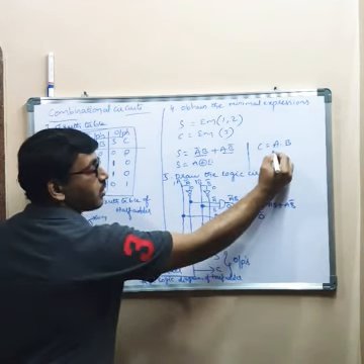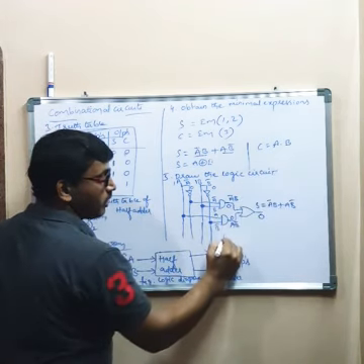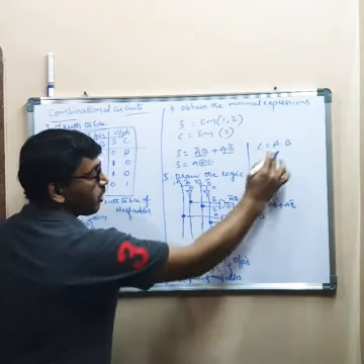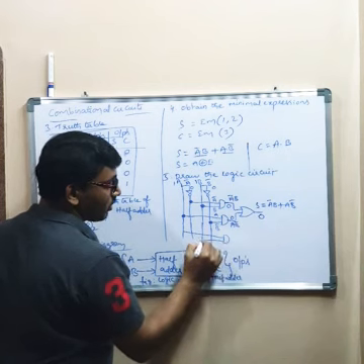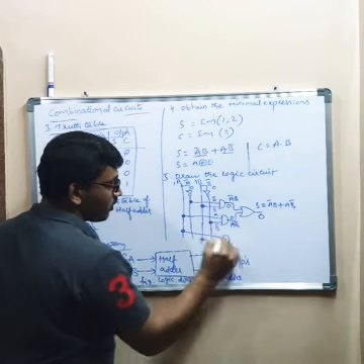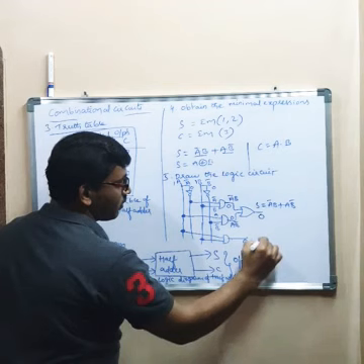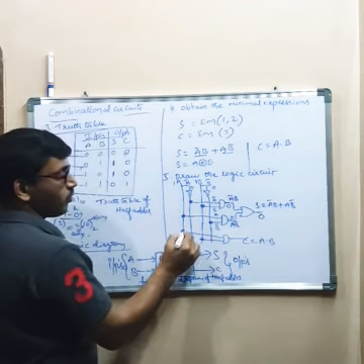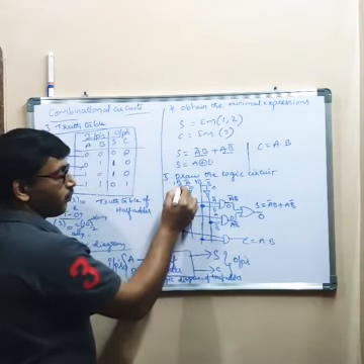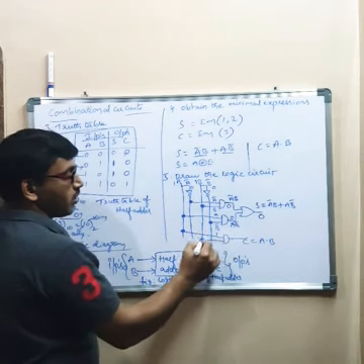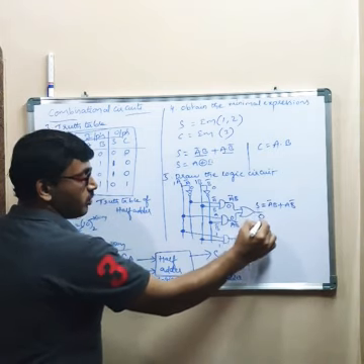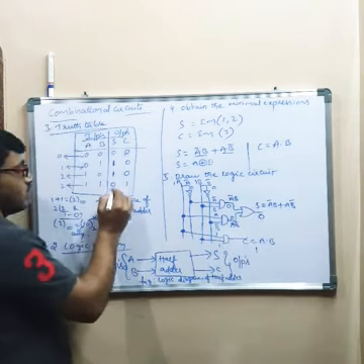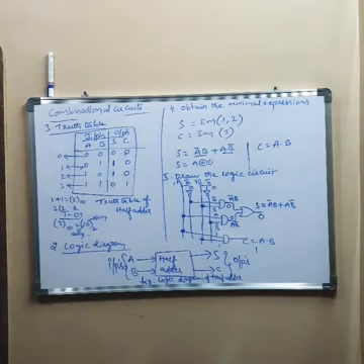What about the carry part? Look at the carry part. Carry is equal to A dot B. Simply you can take AND gate because it is a product term. You can connect A here, you can connect B here, right? This is C is equal to A dot B. Now what is the variable connected to this? A is 1. Here B is 1. 1 dot 1 is 1. What is the sum you got? 0. What is the carry you got? 1. Sum 0, carry 1. This is the verification, right?